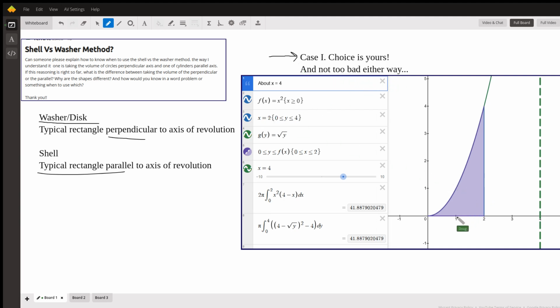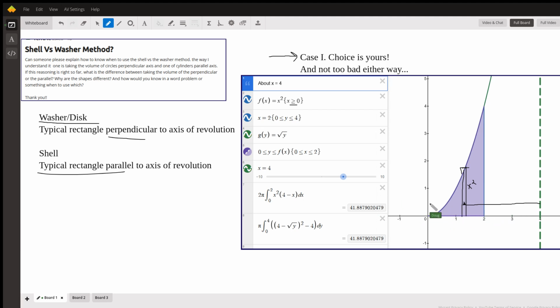So if I have f of x equals x squared, that's the right half of this parabola, because I've got x greater than or equal to 0. If I want to revolve this purple region around the dashed line x equals 4, I can use either method. If I use the shell method, this typical rectangle will be parallel to the axis of revolution, and I need to know the height of this shell, which will just be x squared, and I need to know the distance from the axis of revolution to the center of that shell, which we call the average radius, and that would be